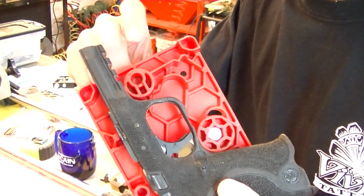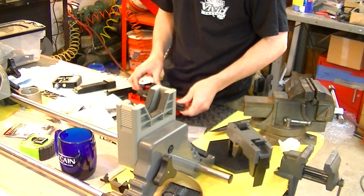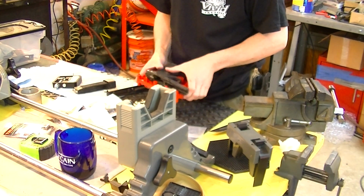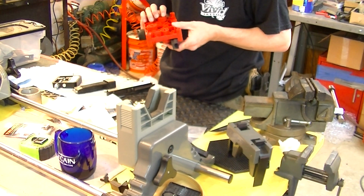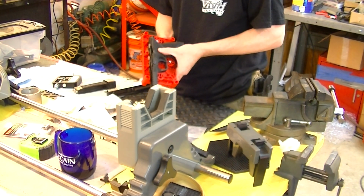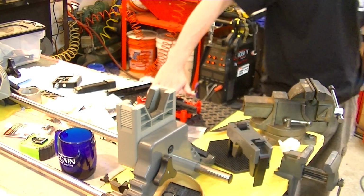One side's for Glock, one side's for M&P. Right there holds your striker. You guys have probably seen me talk about this on some of the other videos. One thing that I don't like is the fact that they don't have it labeled which side is which. To be honest with you, I can make the M&P or the Glock fit in either side. So I assume that this is the way. I'm pretty sure that now that I've just turned this, this is the proper direction for the M&P. And I'm actually going to go ahead and write that on there